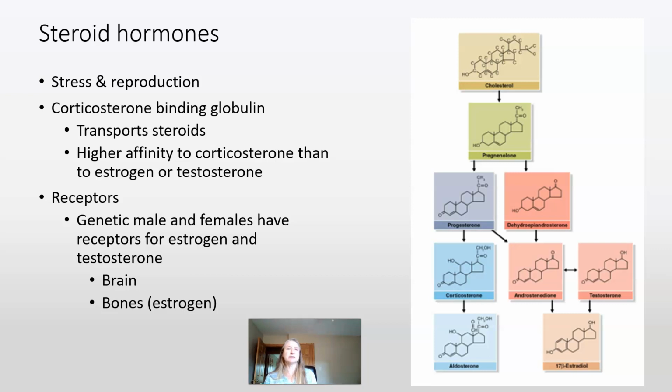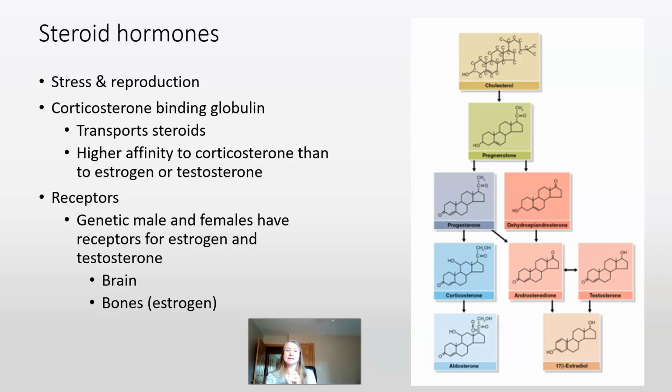What I think is really cool is that, again, this affects trade-offs. So depending on what's going on in your body and your energy state, there are receptors throughout the body for both estrogens, testosterones, and corticosterones. Steroids all bind to this corticosterone binding globulin. So this is the transport molecule that takes all of these steroids to where they need to go in the body. It's the delivery system. Like you get on a bus, CBG or corticosterone binding globulin is the bus that's transporting it.